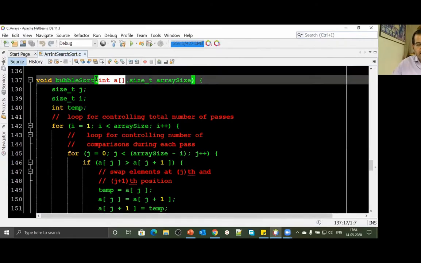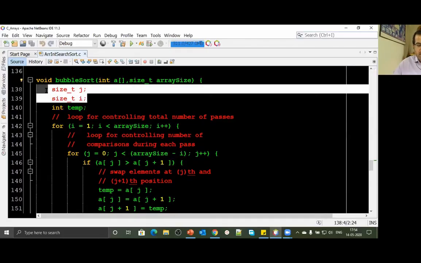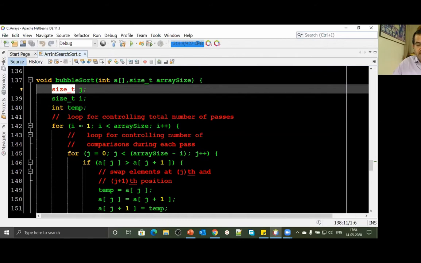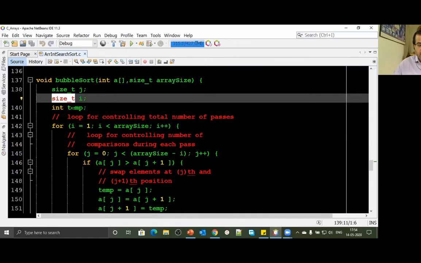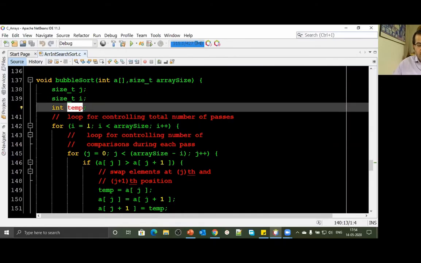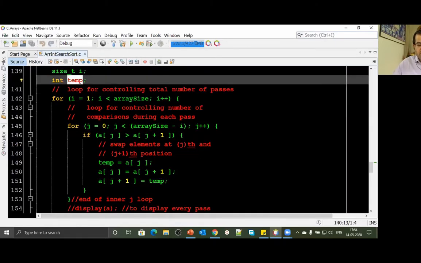Suppose we pass an array and receive it by reference, or pass an array and give an alias. It's more like a pointer variable; it will decay to a pointer. And we pass the size of the array. I have taken two variables i and j, which are also of type size_t. Henceforth, keep one thing in mind: if you want to use a variable as an index of an array, do not use type int. Always use size_t, because an index will never be negative. And then we have an integer variable called temp. This is the code we are going to run through.